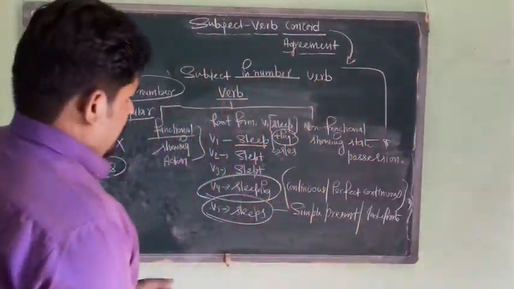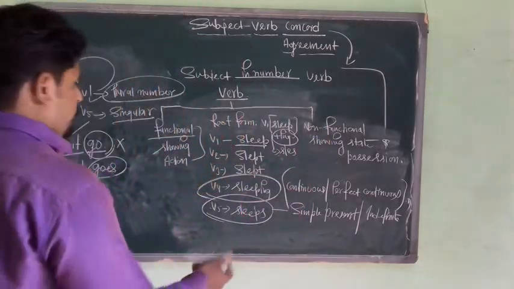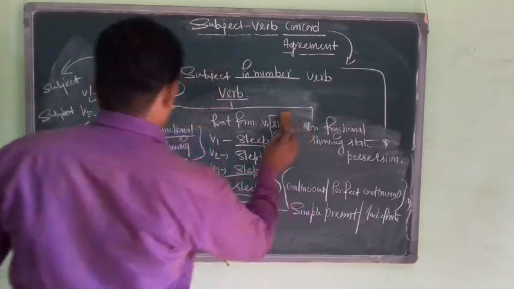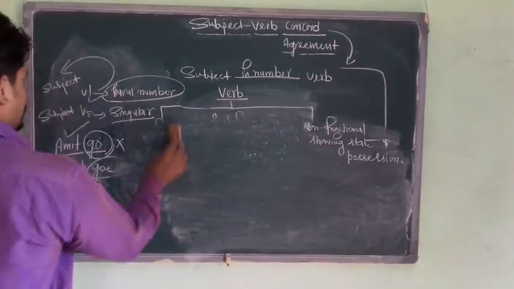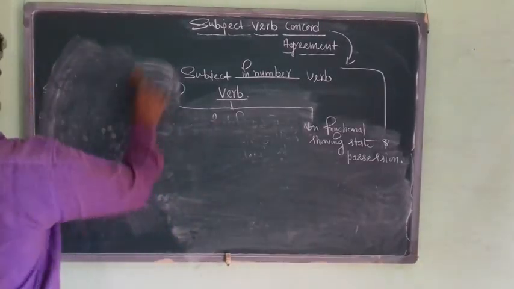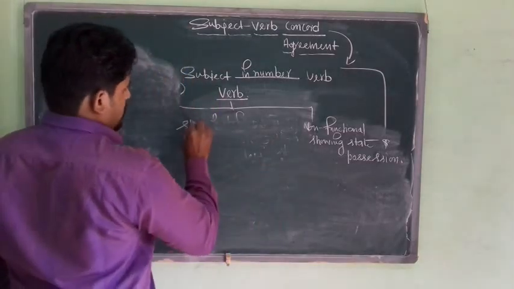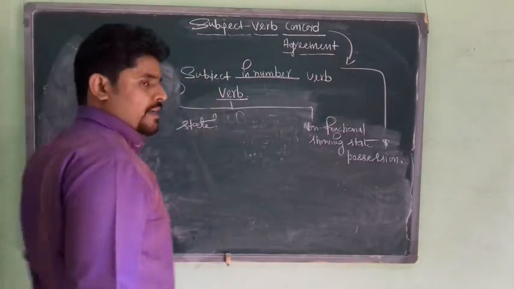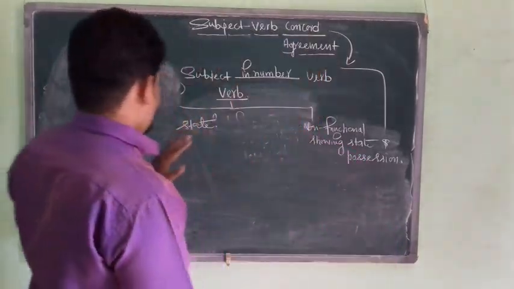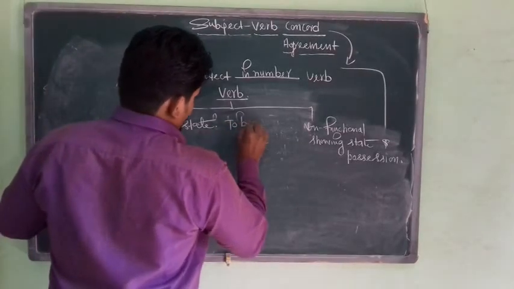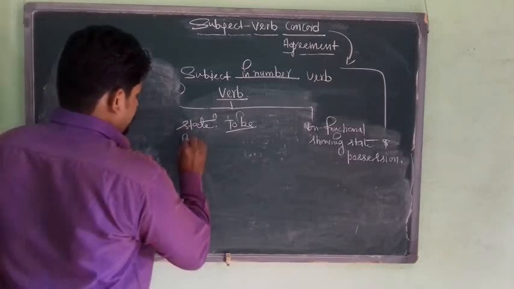Now, let us discuss the non-functional verbs. Verbs showing state or possession. So students, let us first of all discuss verbs showing a state. When a verb shows a state, that simply means there is no action in the sentence. So state, to be. Be is the verb that shows a state, and possession